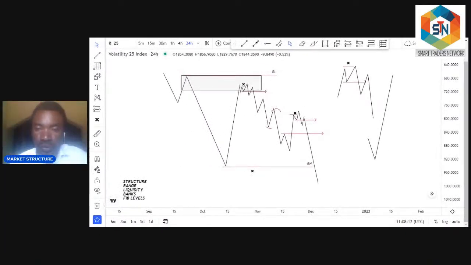Progress. So you want to ensure you keep adding positions. I'm going to take you to the chart so that it's not just talk and talk and talk. You want to ensure you add positions rather than looking to sell. Just keep adding positions. Once you get your structure, your range, your liquidity, the bank levels where to get in,